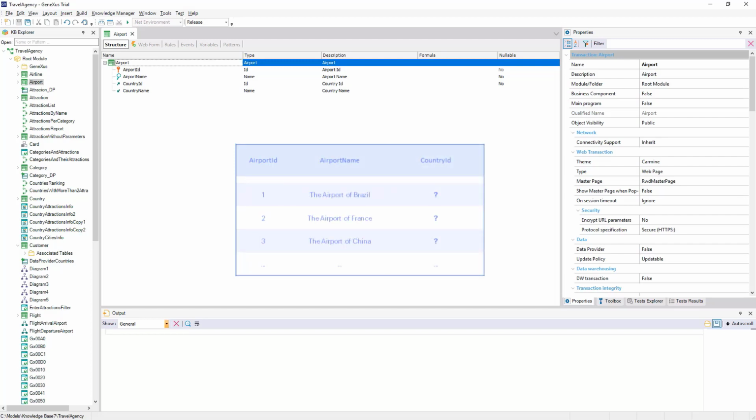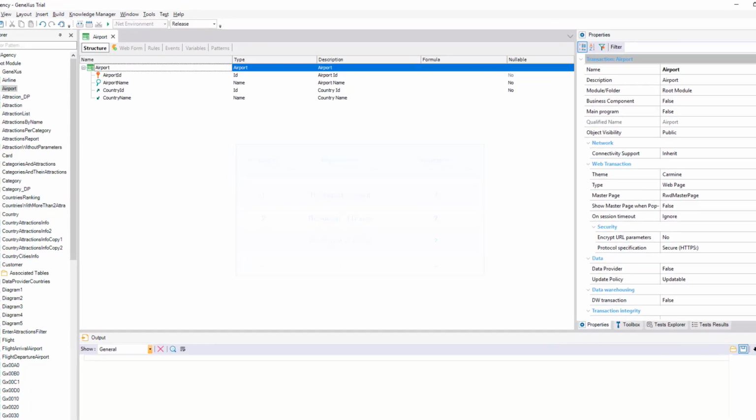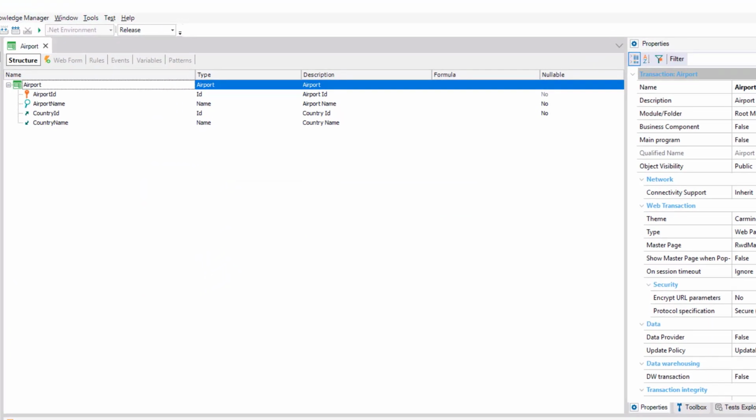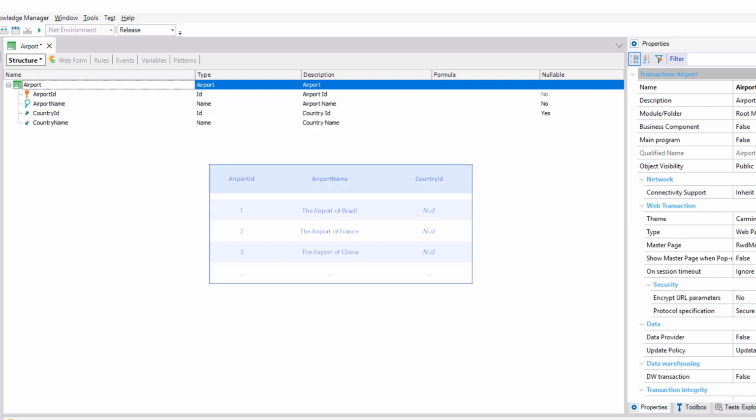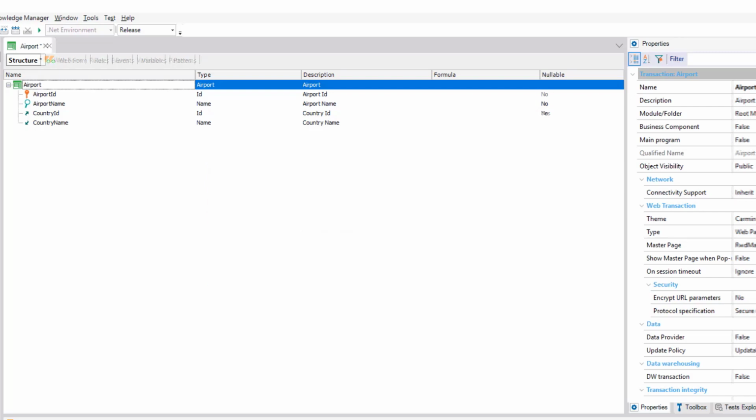Here we have two options, and it'll depend on how we configure these country ID attributes. If we set country ID to accept null values, when we reorganize and Genexus adds this attribute in the table, the records that were already there will be left with this attribute as null. Now, if we indicate in the transaction that that attribute does not accept nulls, what will happen?